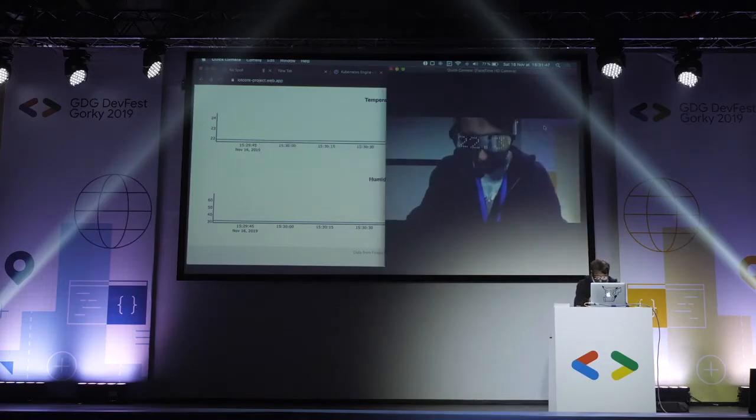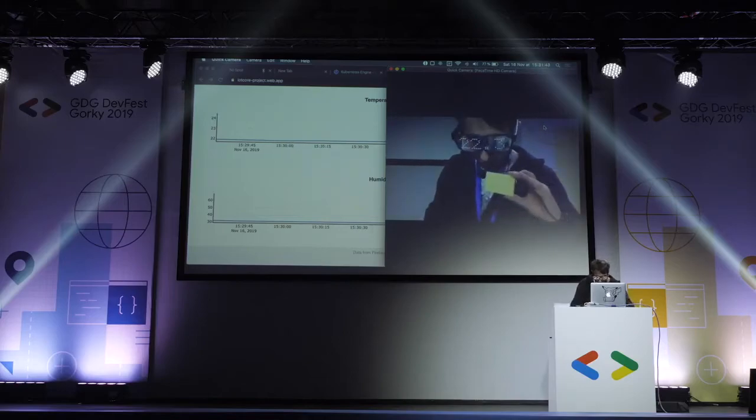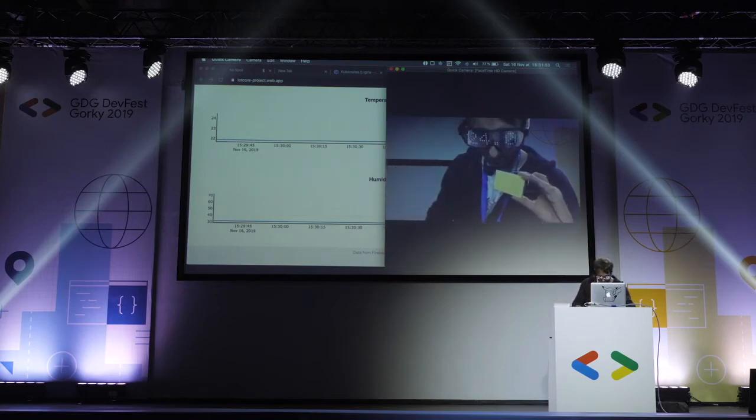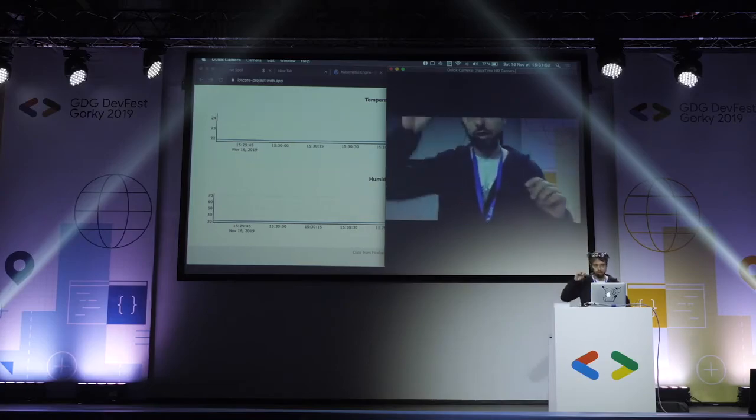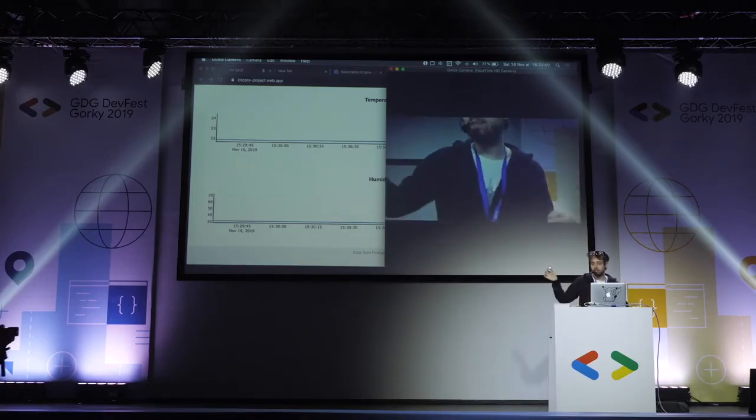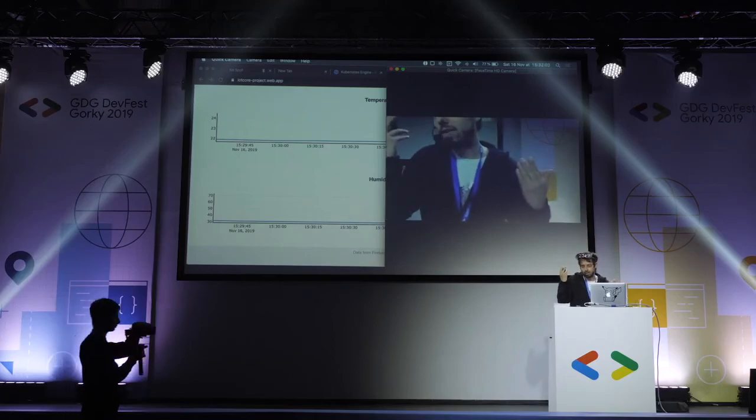Yeah, cool. So right now it's 22.3. And if I modify it, every 5 seconds it should update. So you can see it's 24 now. And that's pretty cool because using Cloud IoT Core, you can actually connect a computer, but you can also connect microcontrollers or any kind of devices.